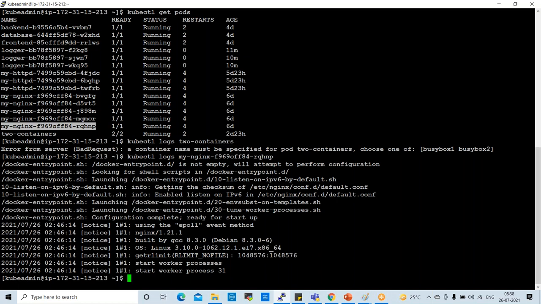Yeah, see here. If you want to check particular pod logs, this is the pod I gave, and these are the pod logs. For example, if the pod is corrupted or anything happened, the very first thing we need to check is the pod logs. For which the command is kubectl logs and pod name.